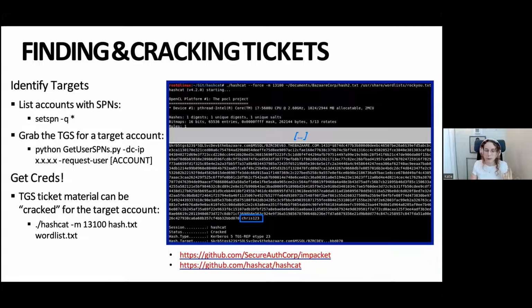Hashcat was the one that always worked for me. I've got the syntax that worked for me below, but it's in a million cheat sheets at this point. I think AD security knowledge has gotten a lot better in the past couple of years, so I wouldn't worry about that too much. But if the password for that account is not complex, something that's easy to crack,